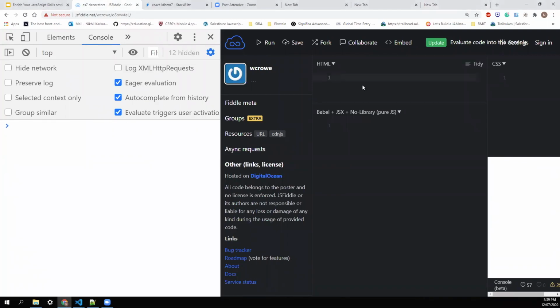I'll create a button quickly just to show you, and I'll attach an onclick event. I'll call a method named ABC and pass this. I'll say click me. So I have a button. Now I'll print this value in a function, and I'll write a function here, run.